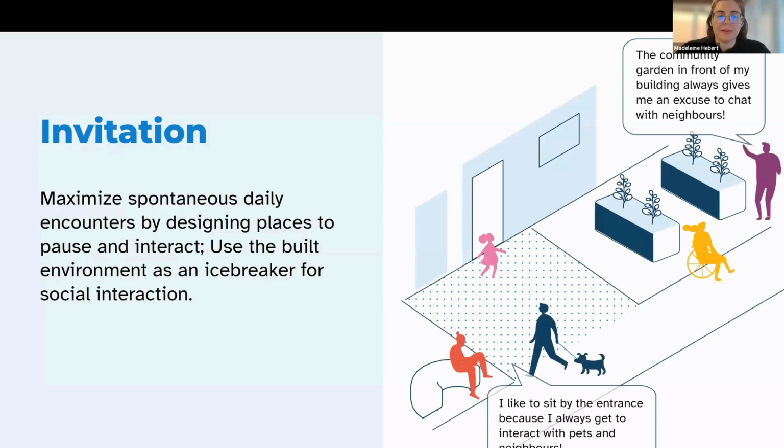Invitation is really about maximizing those spontaneous daily encounters, using the built environment as an invitation and an icebreaker for social interaction. So we often hear things like community gardens or kids or pets are just an invitation to talk to someone. If someone has a dog, it's okay to talk to them, but if they don't, it's not. So there are these subtle social cues that we can replicate through the built environment to make us feel